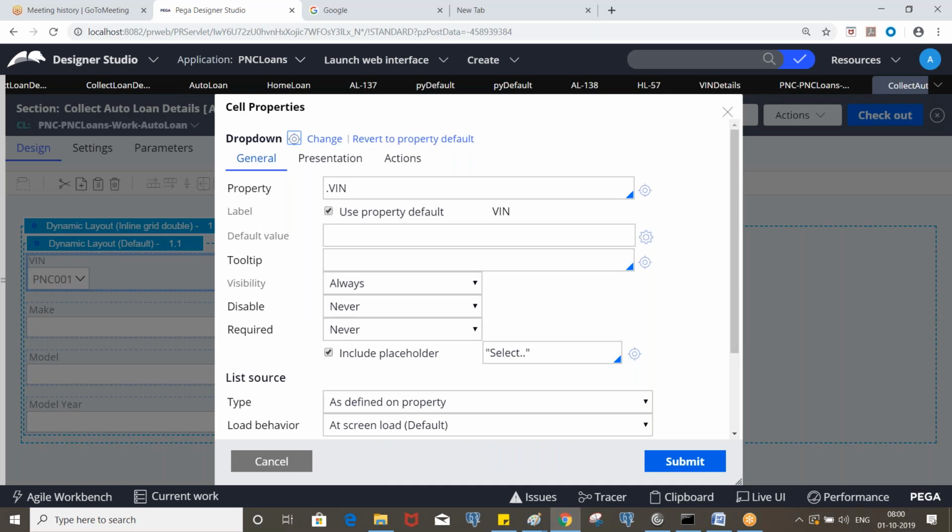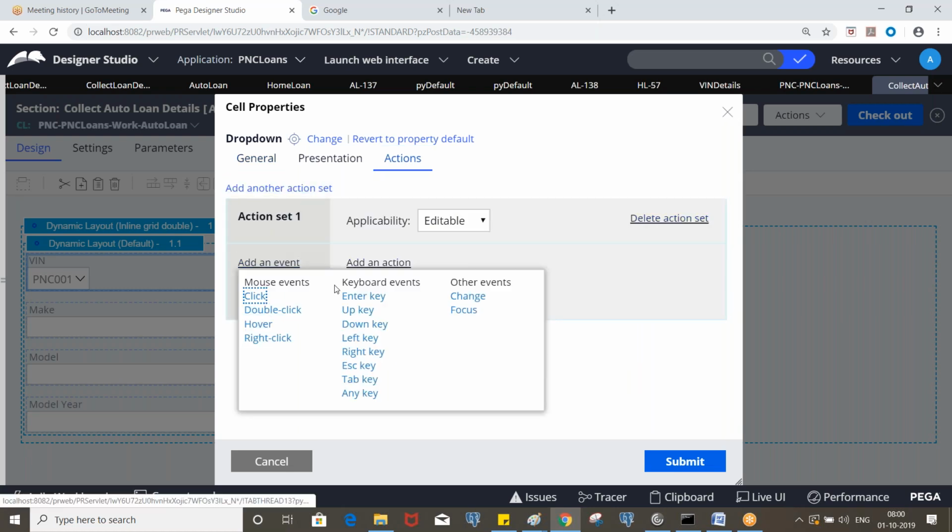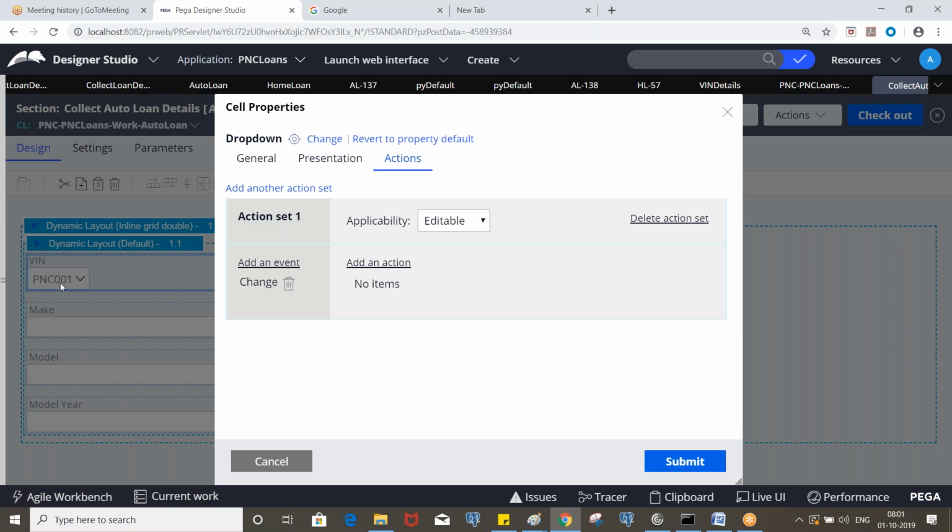Here we are going to write an activity to fetch the single record. We need to create an action set, and the mouse event will be, yeah, you can put click or change also. I think click will not work here. If it is a button or checkbox, we use click.